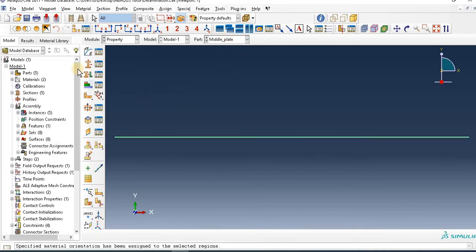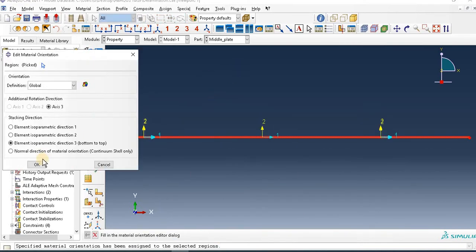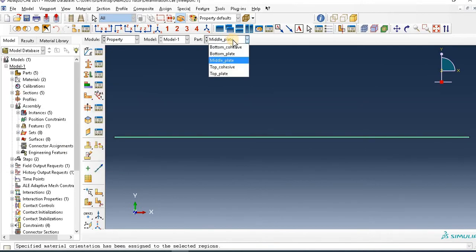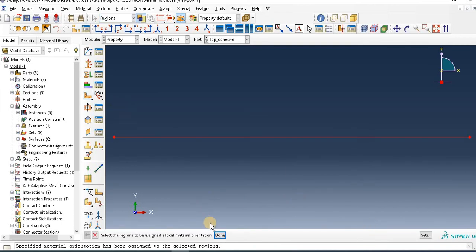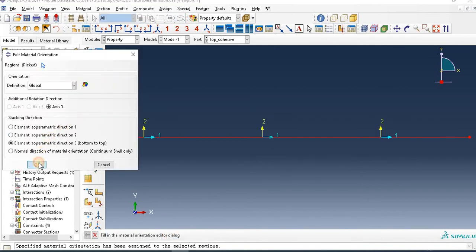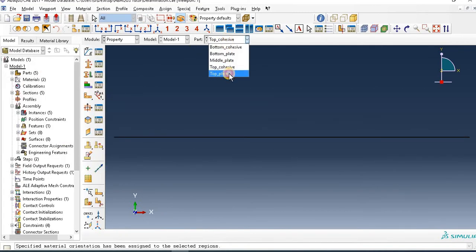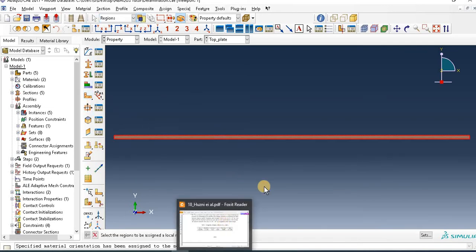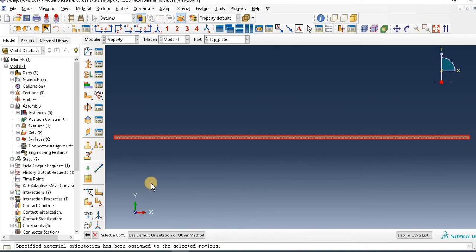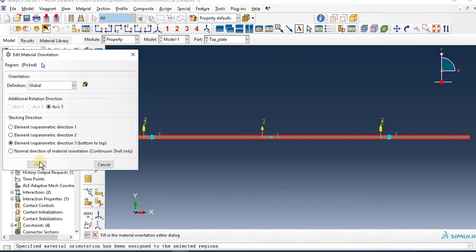Okay, then for middle, top cohesive, default, then for top cohesive choose this part. Okay,